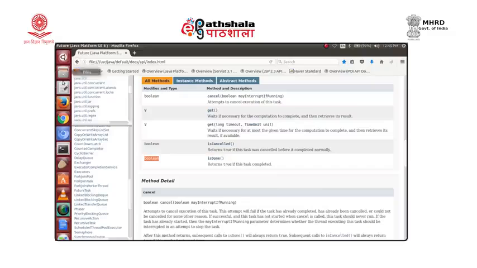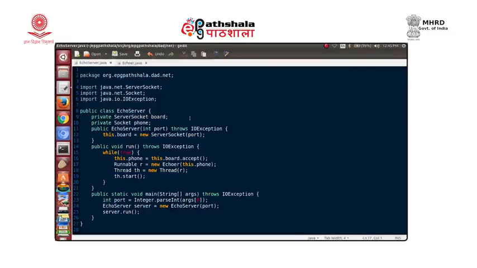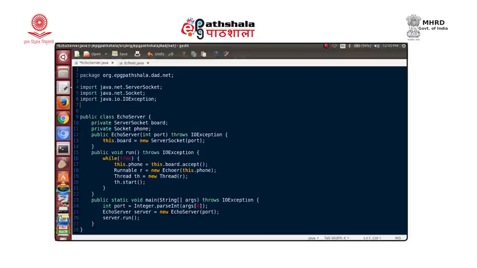So, let us start making changes in our earlier code. Let us go to the code here. This is the existing code. The first change is that we are introducing use of the java.util.concurrent package.